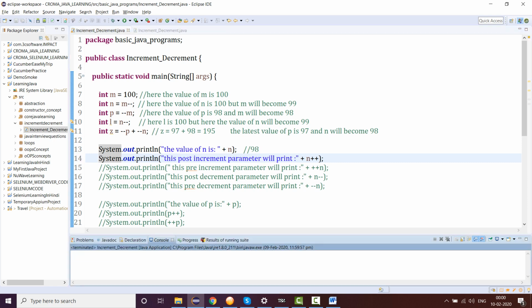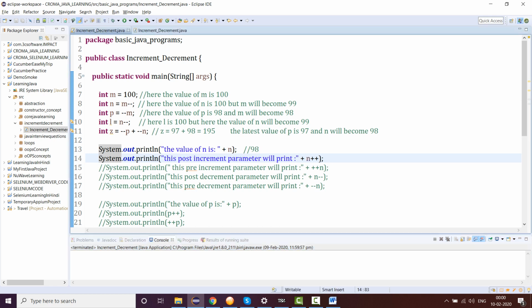Now what will happen? Print, this post-increment parameter will print n plus plus. So what should be the answer here? My question to you guys is, will this print 98 or 99? My answer is, this will print in the output console